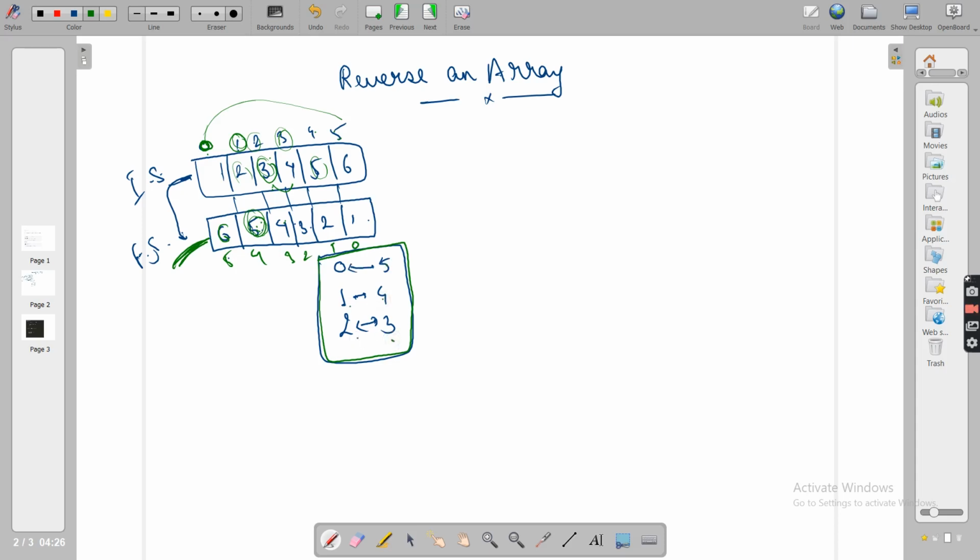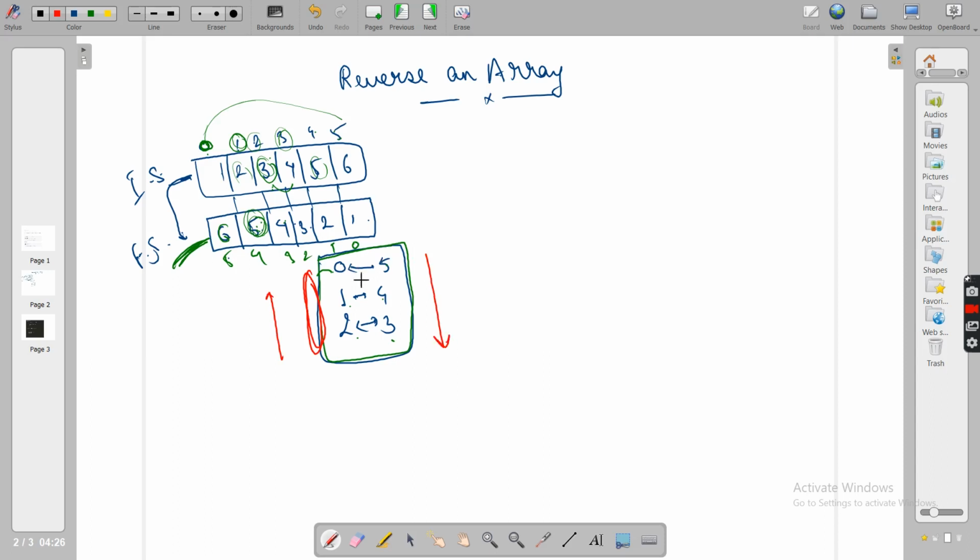From here, if I ask you to write an algorithm to reverse an array, you will directly get the idea that one variable is going linearly forward, increasing, and one variable is decreasing linearly.